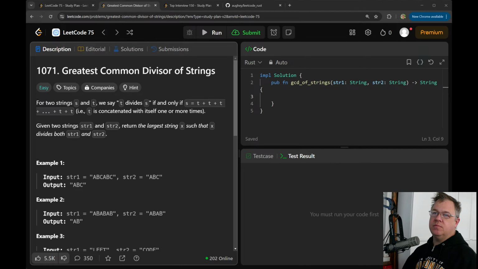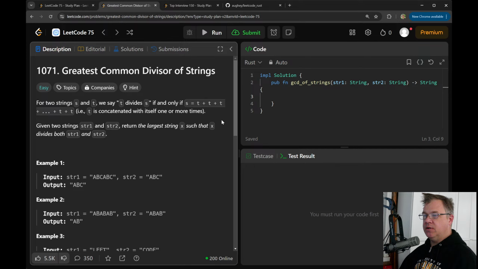So we just need a test here. String divides: we call this T and S. So we have one string here, and S is another string. And we're going to return true or false.